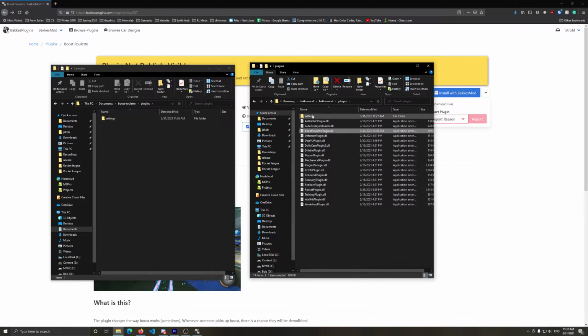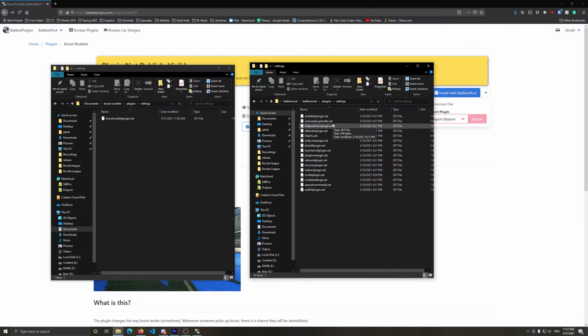And now you'll notice there's a settings folder, so I'm just going to do the same thing. Go in the settings folder for the plugin I just downloaded, and then go in the settings folder for the BakkesMod install, and then I just drop the .set file in here. Now you have the plugin installed manually, but when you run Rocket League, you won't see the plugin,